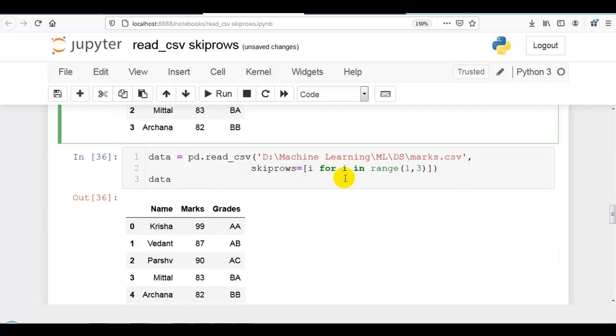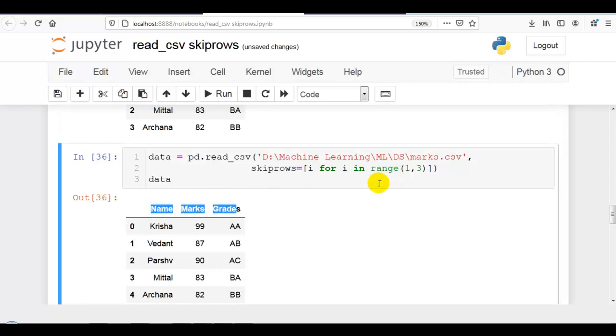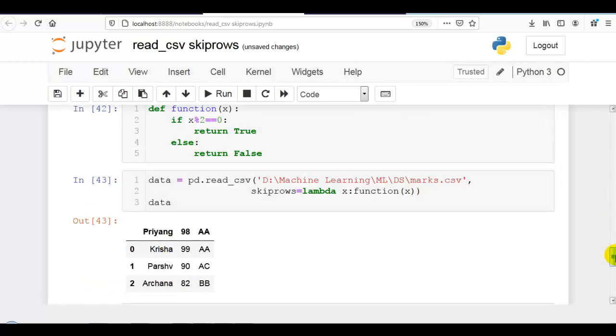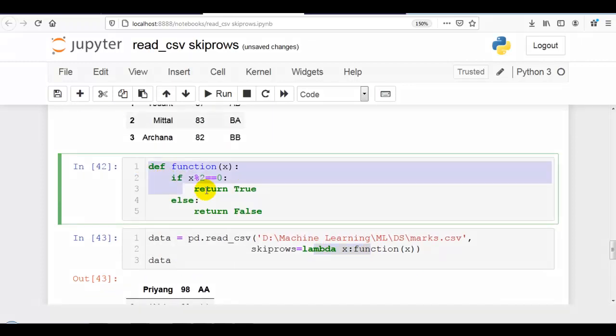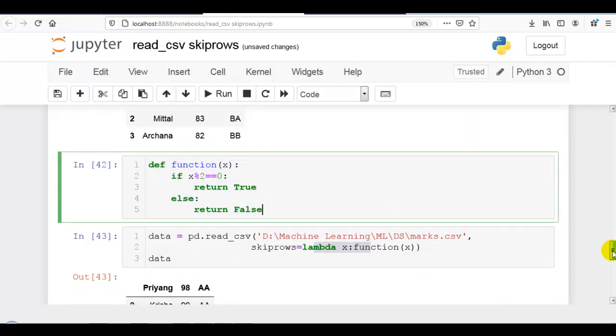Then skipping n rows from the starting except column names while reading a CSV file: it keeps the column names as they are, but it skips row number 1 and row number 2. Then skipping rows based on some condition, that you can see over here. For that we have to write a user defined function.